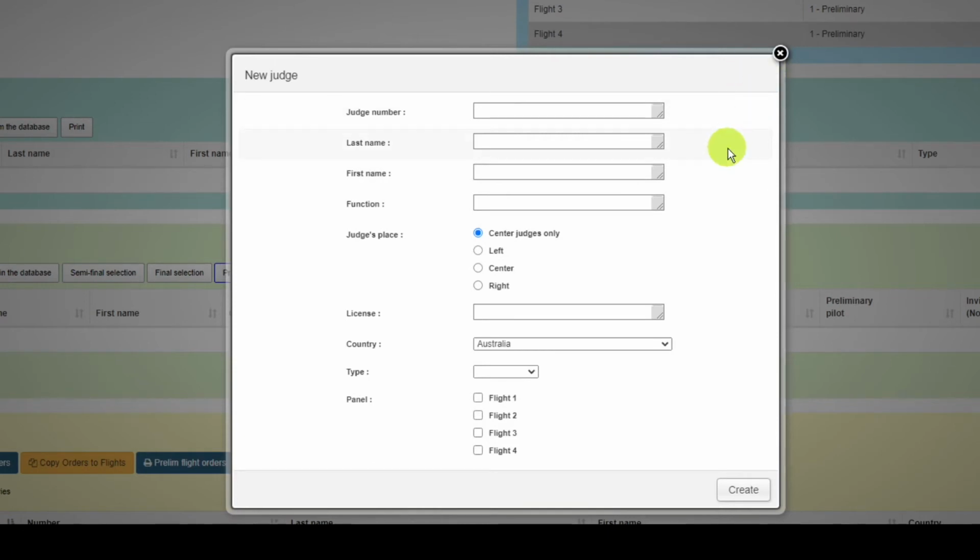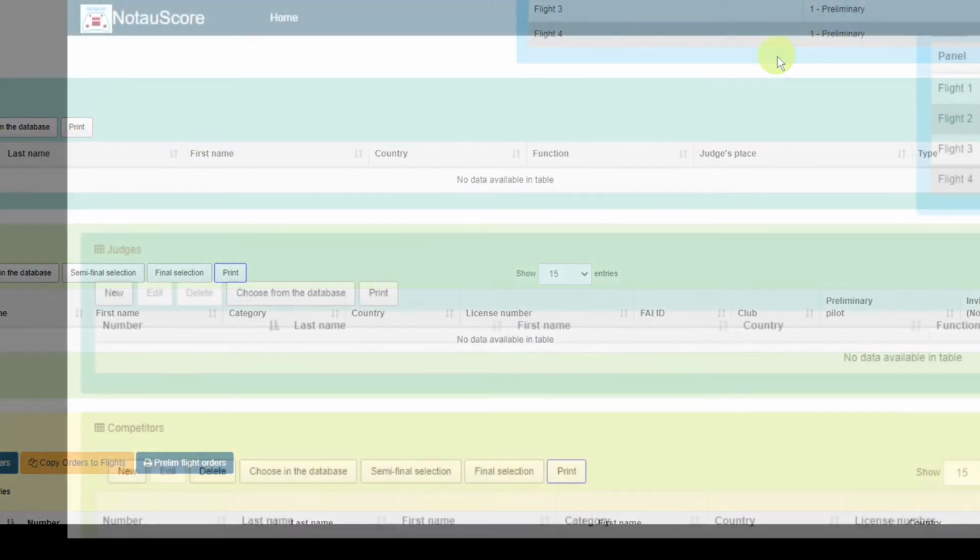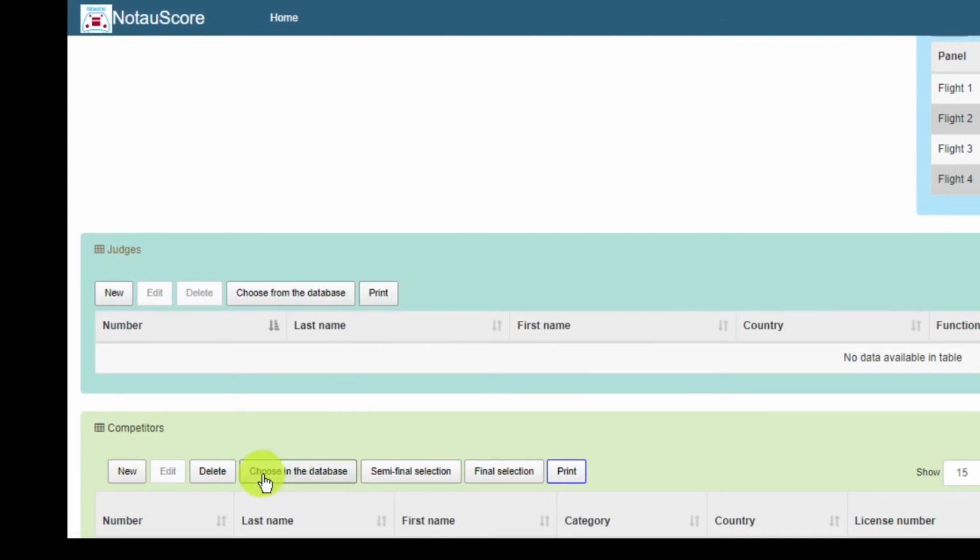That's a form field that you fill in every time. This is why some people like the generic judges, because they just want to choose judge 1, judge 2, judge 3. They don't want to constantly have to do that. So that's why they use generic judges. I'm not going to use that option. I'm going to close that just by Xing it, and I'm going to choose a judge from the database.